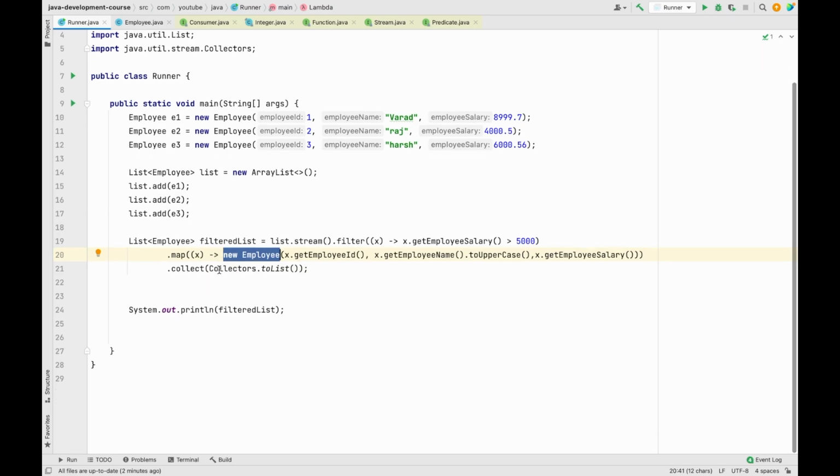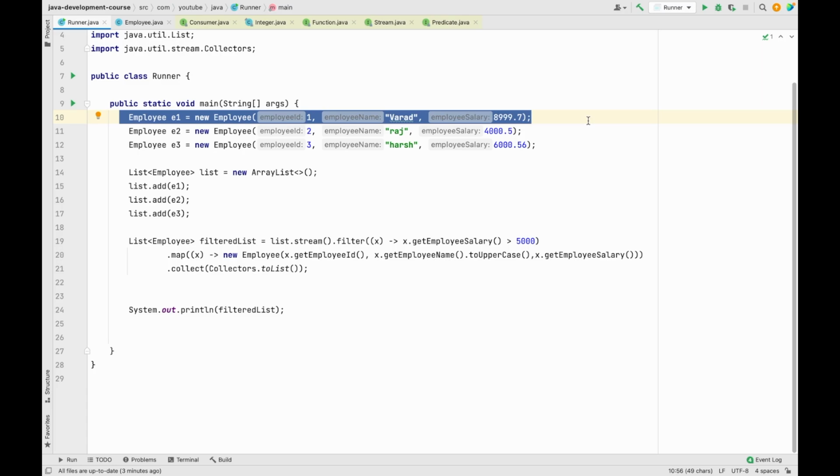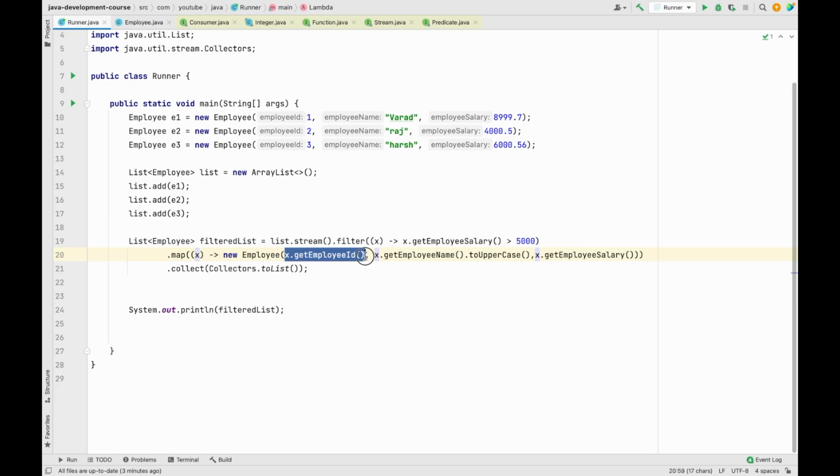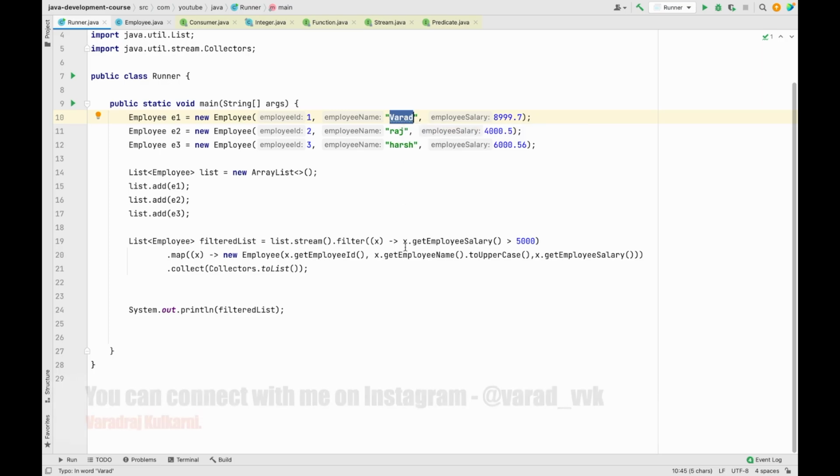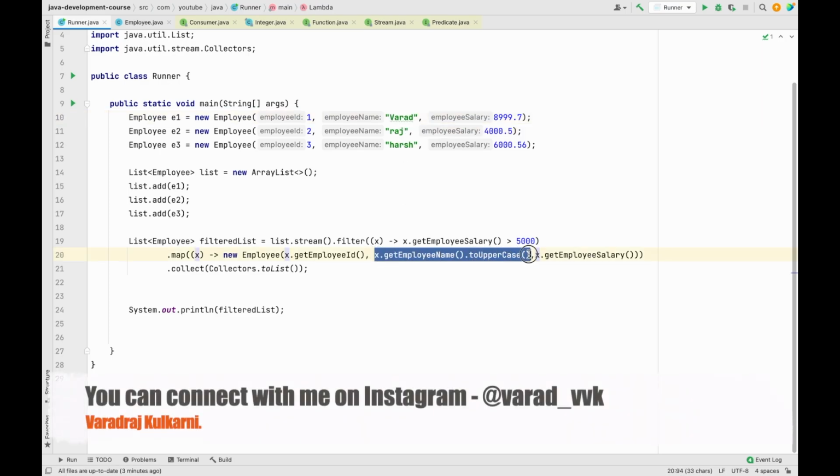So let's say after filtering out the data, the map function received this particular employee. It will receive all the values like 1, then Bharat, and then 8999. In this case we don't want to change the 1, the employee id will remain the same, the salary will remain the same. So we are just passing these as they are, employee id and employee salary, but we just want to perform the operation on employee name. We just want to convert it into uppercase, so we are just calling the toUpperCase method